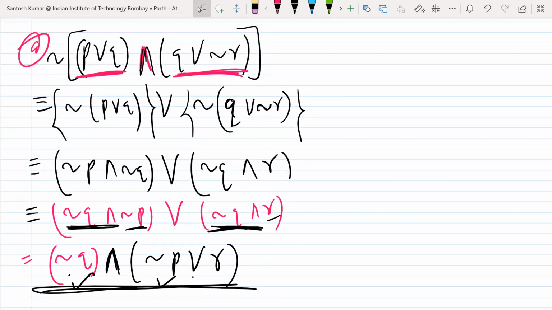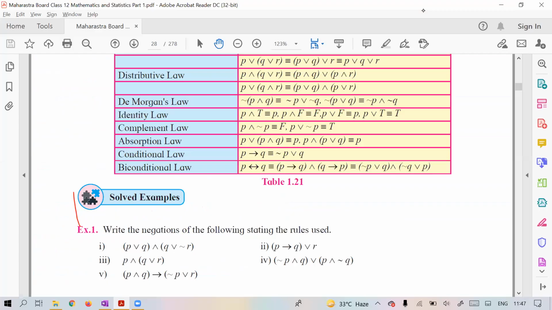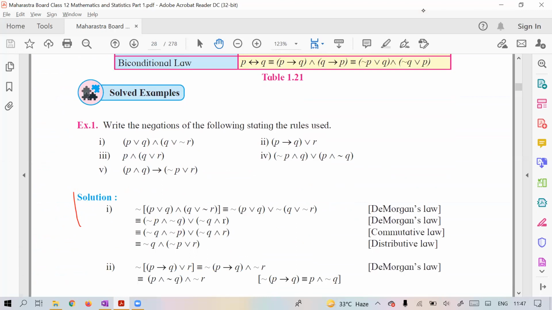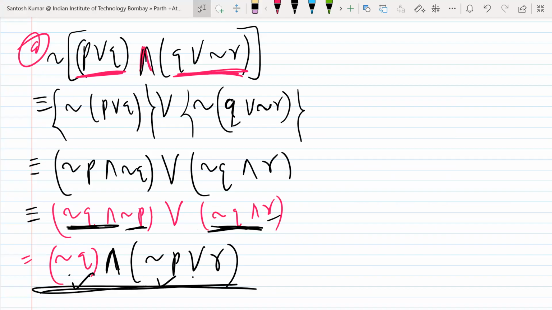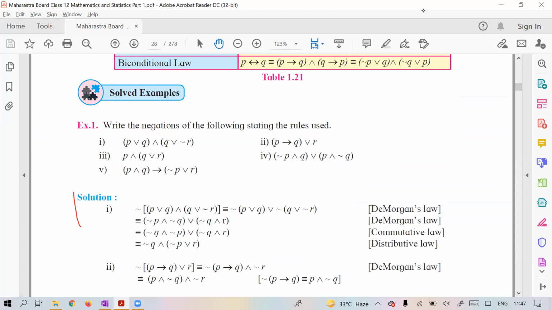So in this, do you have any doubt? I mean, you want to ask something, somewhere you have doubt. Is it clear? Okay, so first part I did, and you can check here, you have the same answer: not Q and not P or R. You can see this answer. They also use the same way, but different rules they use. So the rest of the parts you try, I will do the last part now.